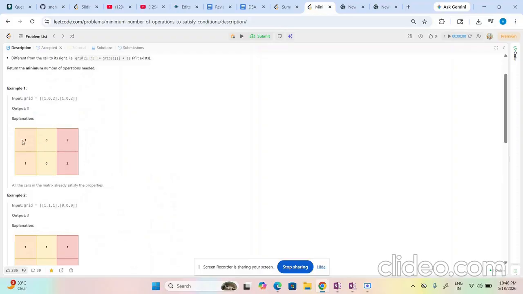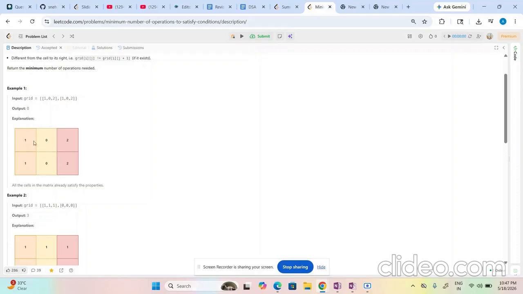So what is directly coming to our mind, one way is that we will travel over the grid and do that. But if you see here we have got lots of possibilities. For example, if we are setting 0 in this complete first row, because if I'm setting 0 here, the complete row has to be 0, right? If I'm setting 1 here, the complete row has to be 1, right? So if I'm setting 0 here, then the next cell to the right of it won't be 0, right? It should be different.